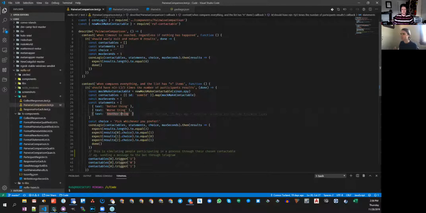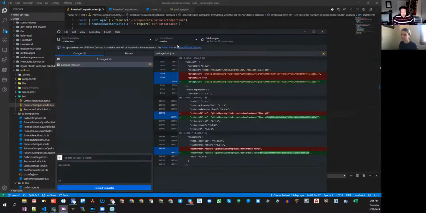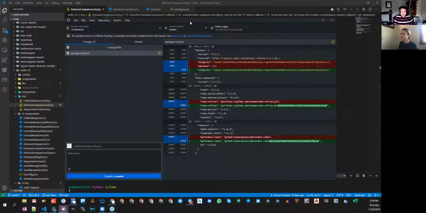Cool. Okay, and so I guess if I go to this, it should have noticed multiple repos that I made. Oh, and what is this? Integrity. rsf-electron. Don't worry about this, just switch to no-flow RSF.